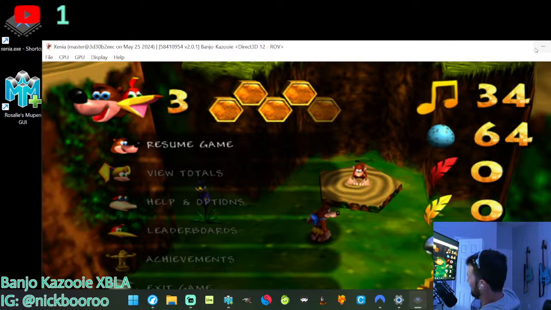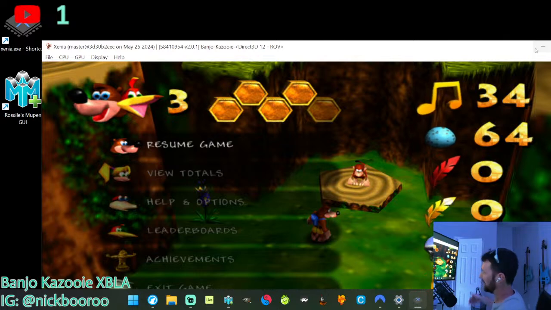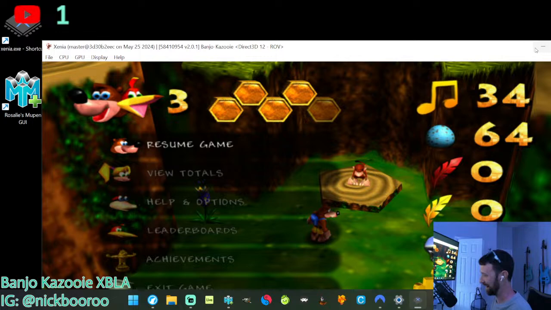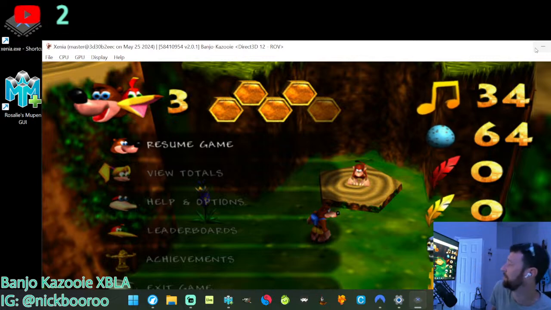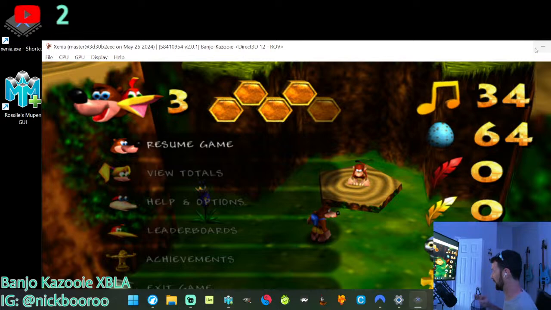In other words, the Xbox versions save your progress as you play, and the N64 version, if you die before getting the complete total of collectibles you need, resets you from the beginning. So that functionality alone, the more modern progress saving functionality of the Xbox version, to me makes it worth obtaining